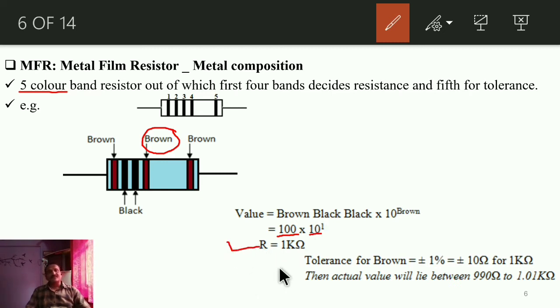So you will observe the difference between having the same value, that is 1k, for CFR and MFR in the color bands, right? Now the major feature of this MFR type of resistor is that it offers very low tolerance. The last color band, shown as brown, offers only plus minus 1% tolerance. So for this 1 kilo ohm resistor, there will be a tolerance of plus minus 10 ohm, correct? So the actual available range for this type of resistor will be 990 ohm to 1.01k. So it is somewhat better than the CFR type of resistor.